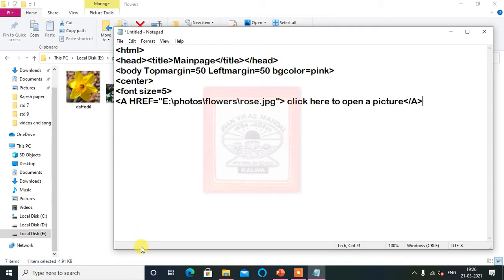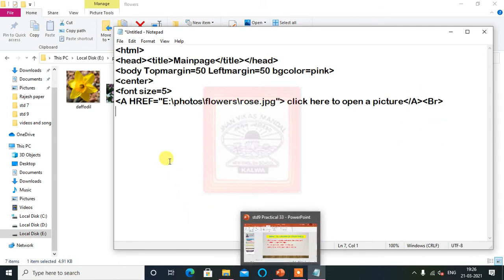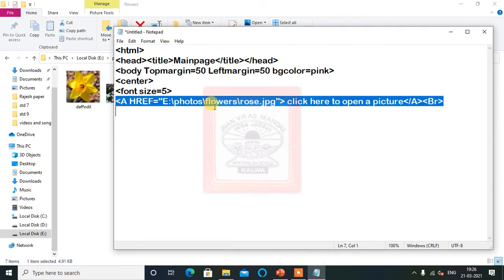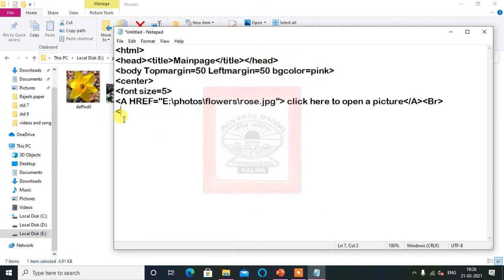So this way we have typed here. Now we will give one more for that. Before that we will require a BR tag here. Now again we will copy this href, or directly we can type the href here. Now in this, let's see, we can open the live web page like that,